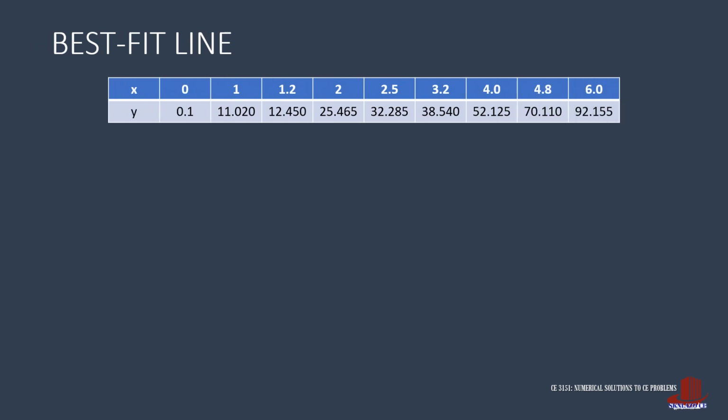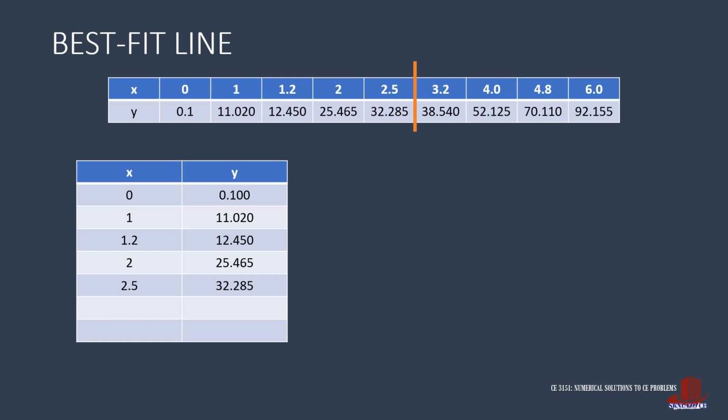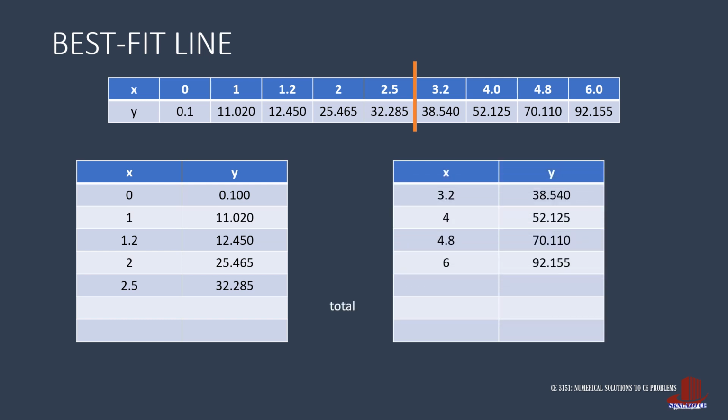The dataset for this case contains 9 points and the x intervals are irregular. Nevertheless, the process of regression remains the same, so the dataset is divided between x of 2.5 and 3.2, making the first table with 5 coordinates. If we add all the x values, we get a total of 6.7 and y has a total of 81.32. For the second table, x total is 18 and y total is